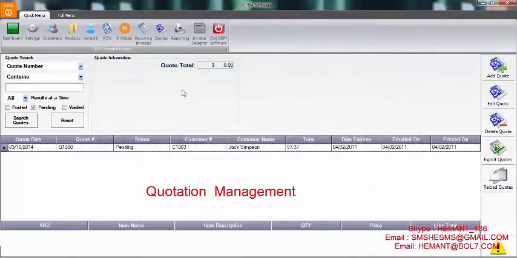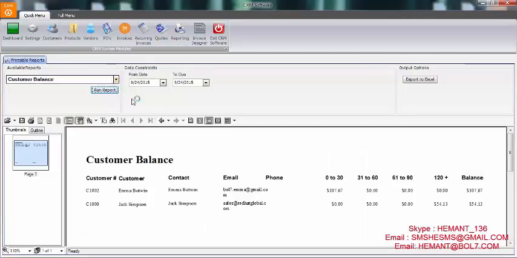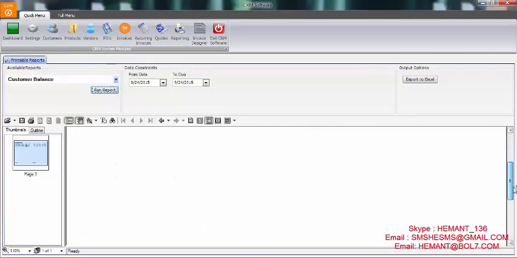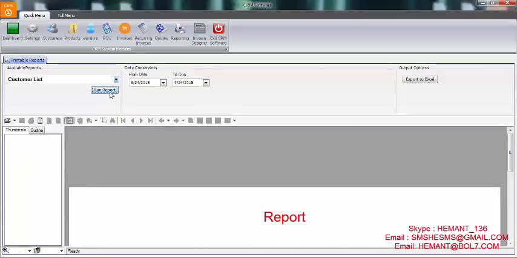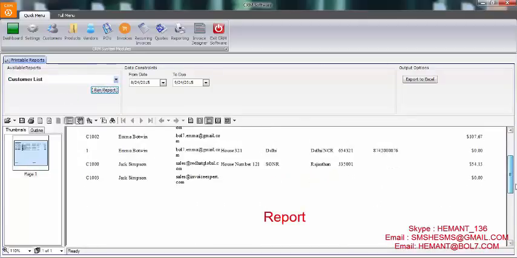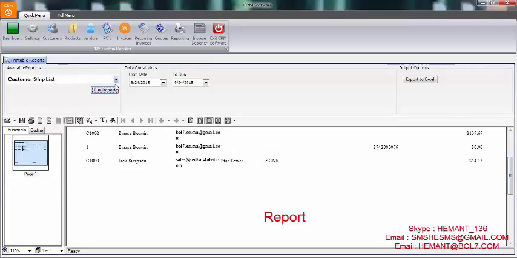Now the next option which I am going to use is about reporting. For example, you want to run a report for everything, just click on the report and click on run report. Here is the report for the current customer balance. Like you want a report for customer list, click on run report. Here is the report about the customer list. Similarly, a report can be generated for everything.